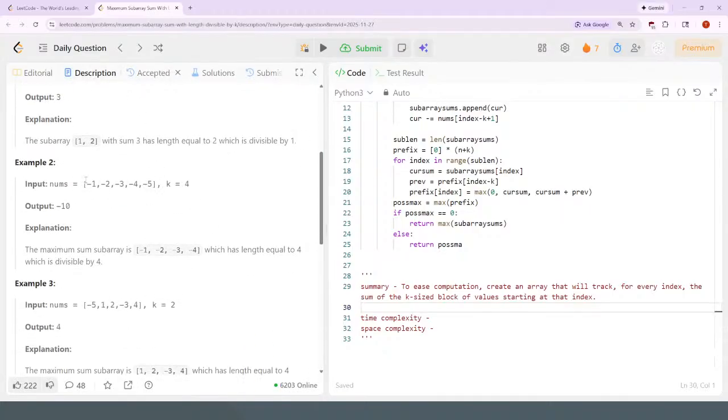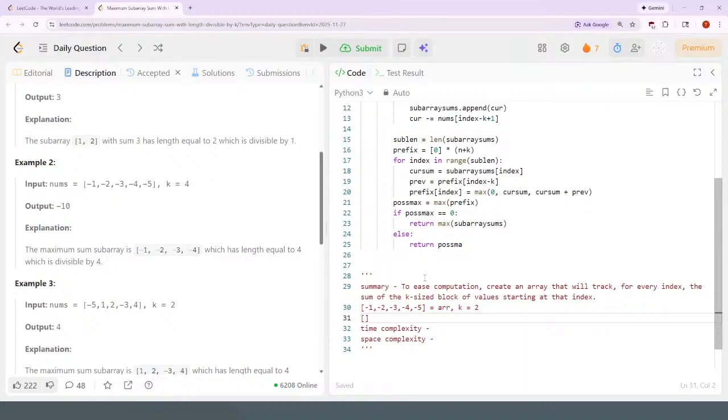Maybe I shouldn't have deleted what I just deleted. So if the array was this and k is equal to 2, then the sum of the first two is going to be -3, the sum of the next two is -5, the next two is -7, -9, and